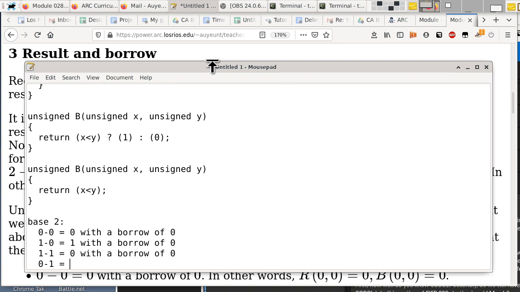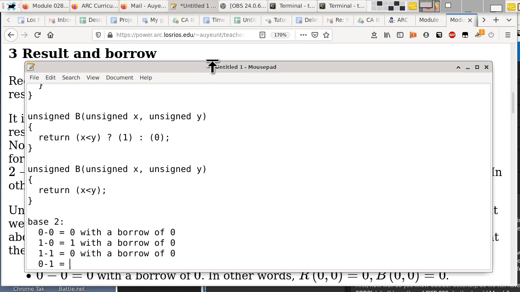Okay, let's think about this. I need to take 1 away from 0, and you go like, nope, that cannot be done. Yes, go ahead. It's 0 with a borrow? No. Okay, so let's think about this. You have nothing. The bully outside of the classroom is going to ask you for $1, and you go like, I don't want to get beaten up. So what do you do? You borrow